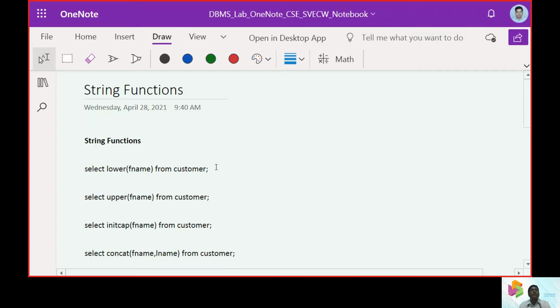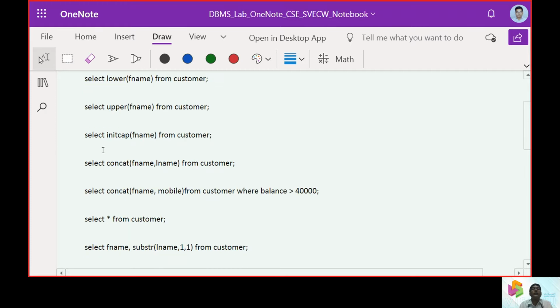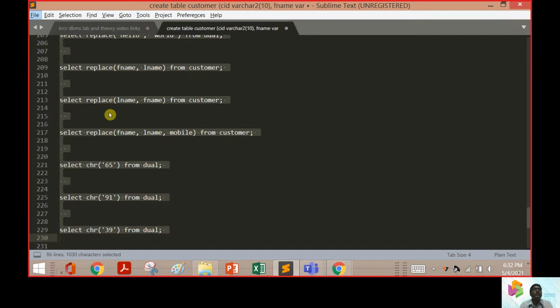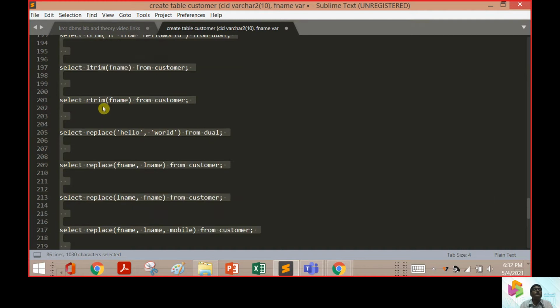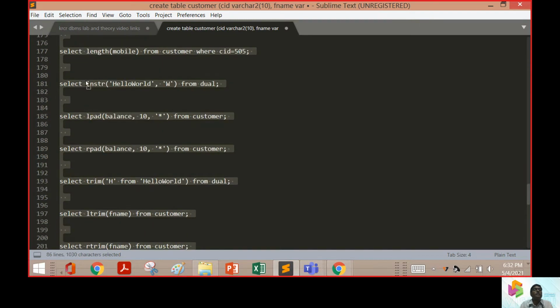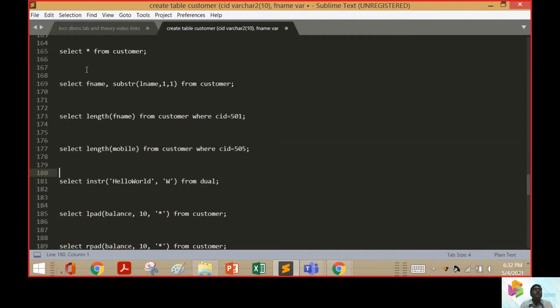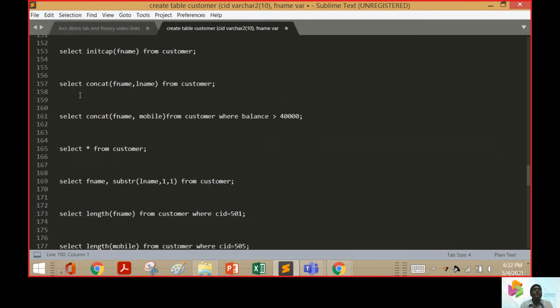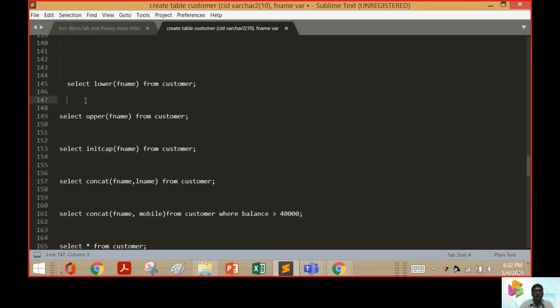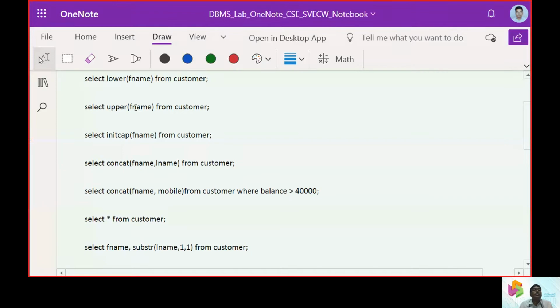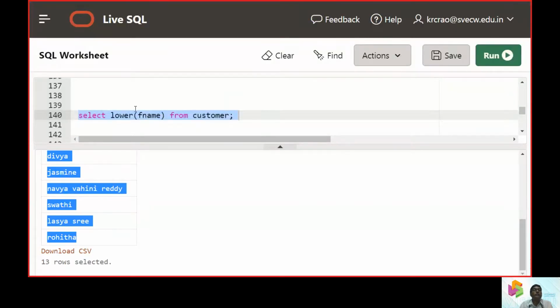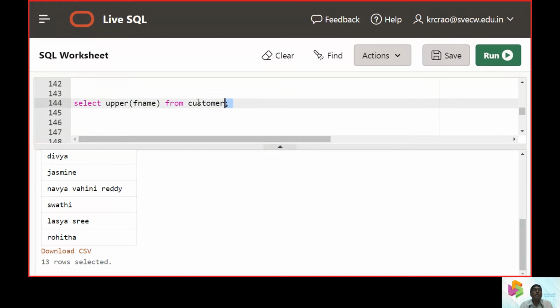Similarly, when we look at the values towards the upper function, select upper first name from customer.